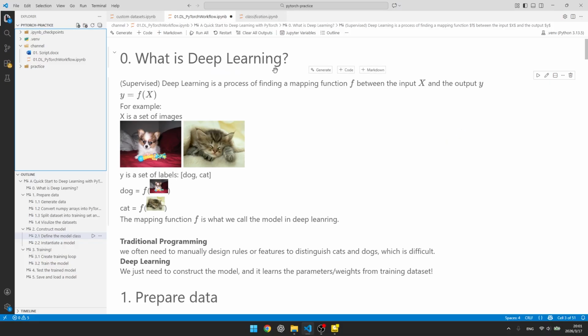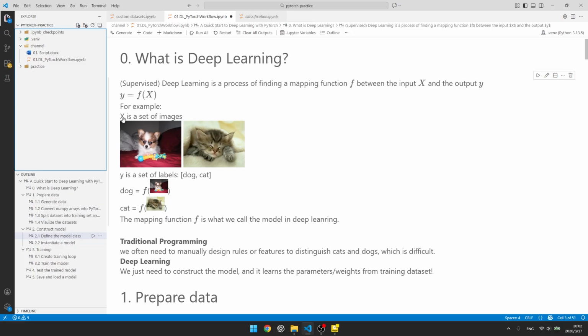What's deep learning? If you just Google it, you will get an answer consisting of a variety of technical terms, which is not easy to understand. While in my understanding, deep learning is actually a process of finding a mapping function f between the input x and the output y. And with this mapping function, we can just provide the x and we get the results y.